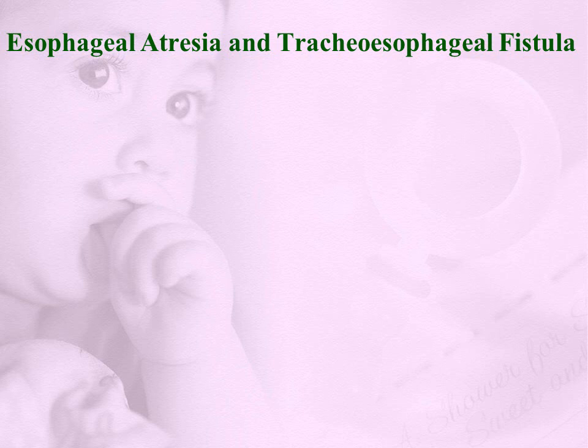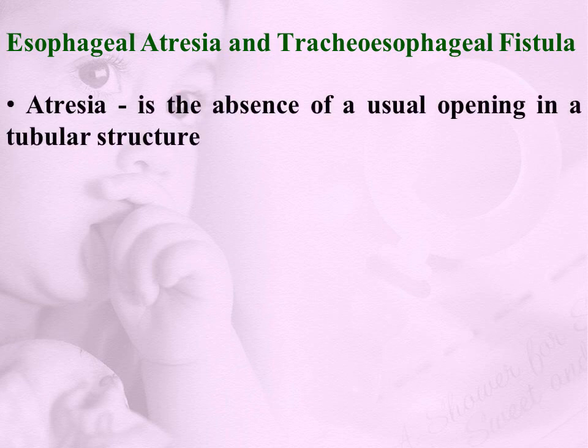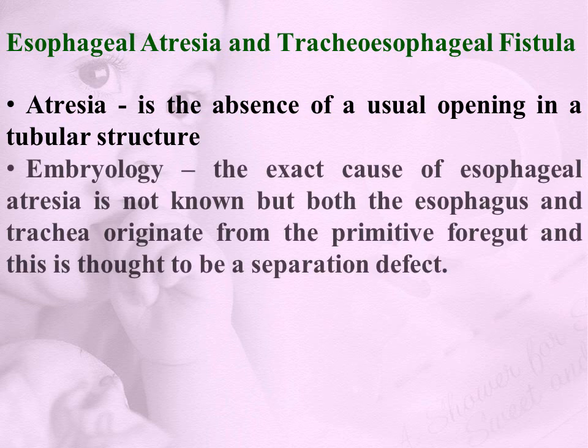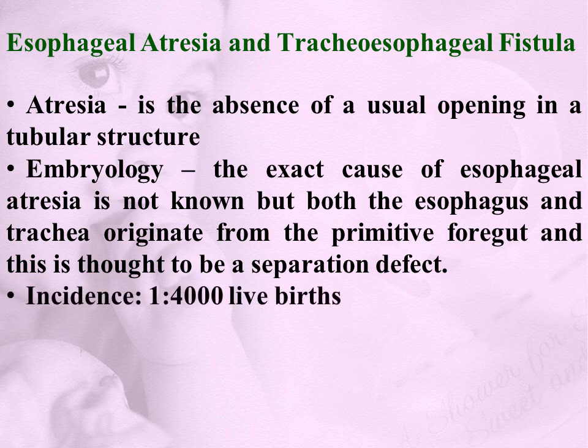Embryologically, the esophagus and trachea arise from the foregut. They start as a single tube. Then the lateral tracheoesophageal folds start to move from the lateral sides until they meet in the center, separating the foregut anteriorly, forming the trachea, and posteriorly, forming the esophagus. If there is a defect in this movement,